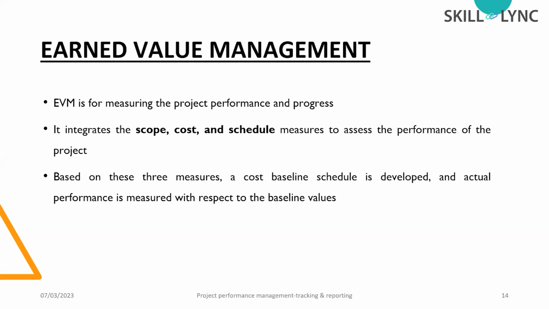So first we will measure scope, cost, and schedule, and based upon that, we will prepare a cost baseline schedule. This schedule will become a reference for our project, and we will do the comparison of all the activities with respect to this cost baseline schedule. Keep in mind that this is a fixed project timeline that does not allow for variance. We will check the activities according to that, whether our activities are exceeding the budget, whether they are exceeding the timeline, whether this is as per the schedule or not. That is what is known as earned value management.